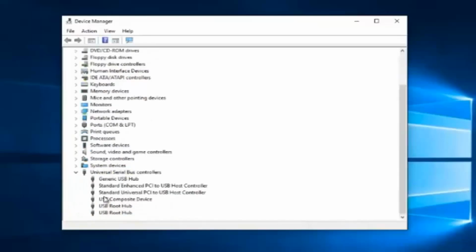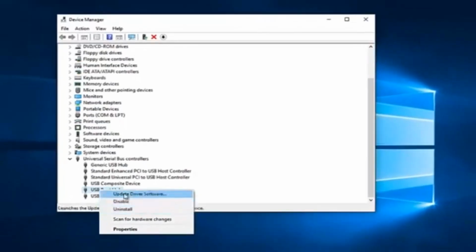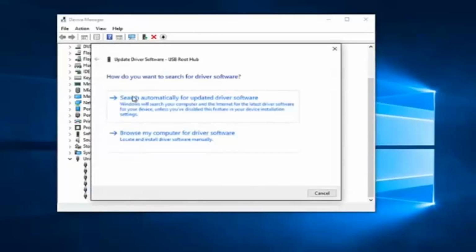Now I do not have a USB flash drive currently in the computer, but if there was one that said USB mass storage device, what you want to do is right click on it. So very similar to what I'm doing right now, except it has to say USB mass storage device. I can't stress that enough. It really wouldn't do any harm if you did it for any one of these if you're following along with this video, but just keep in mind that on your computer, it should say USB mass storage device. So you would right click on that and then left click on update driver software,